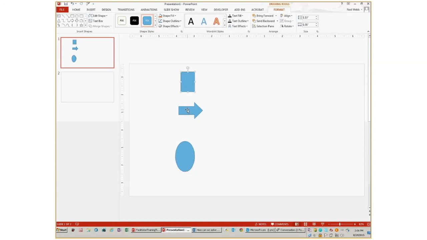Now notice when I just left click on each one, it highlights independently. If I click on one and hold the Control key down and click, then you're able to select them individually or unselect them individually. So I'm going to select all three. Once they're selected, up underneath the drawing tools in the format, there's an Align Objects drop down. So if I want to align these to the left, I click that